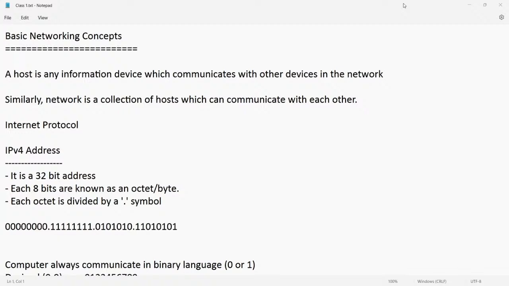Our first session today will be on basic networking concepts. Before I get started,